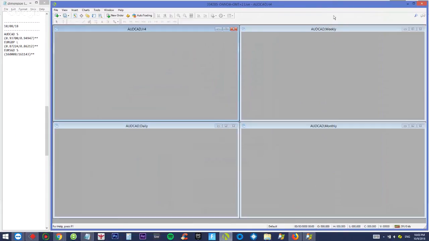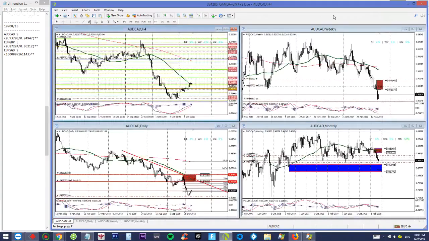Australia Canadian. Okay, this pair, demand, supply, no change. Pricing is moving up to our entry level, along with the trend line area. It's a higher high breaking the low, and we're waiting for retrace around this monthly pivot point line. And we are going to see if there's anything going to happen within this week. Next pair,